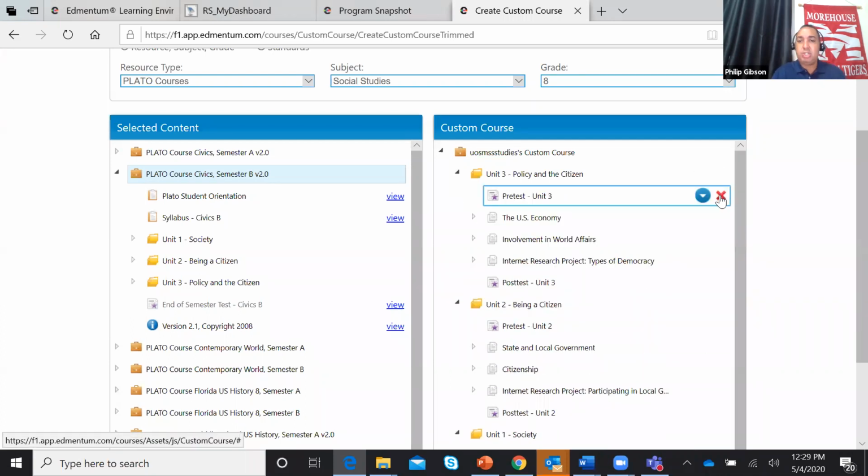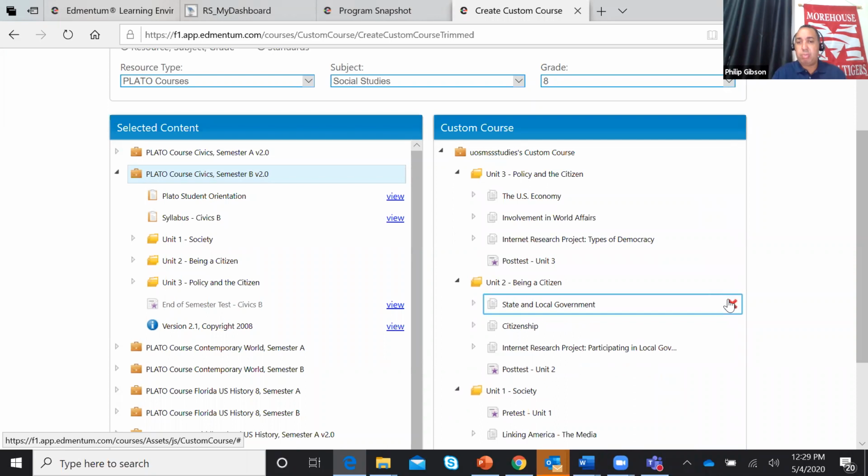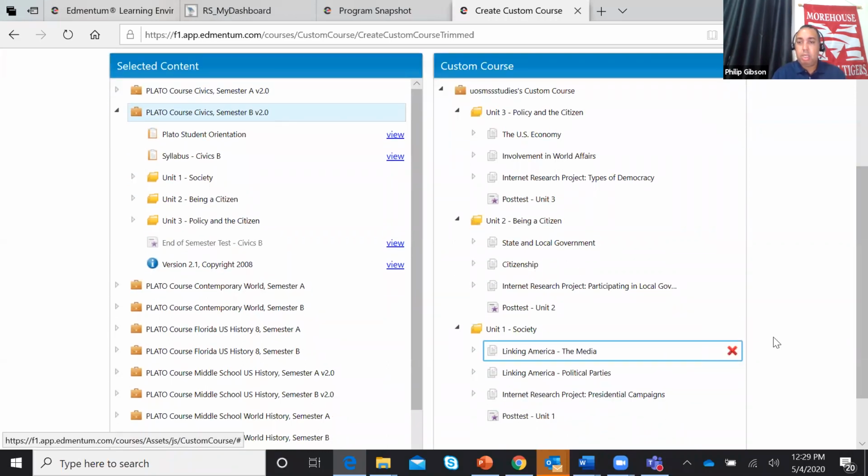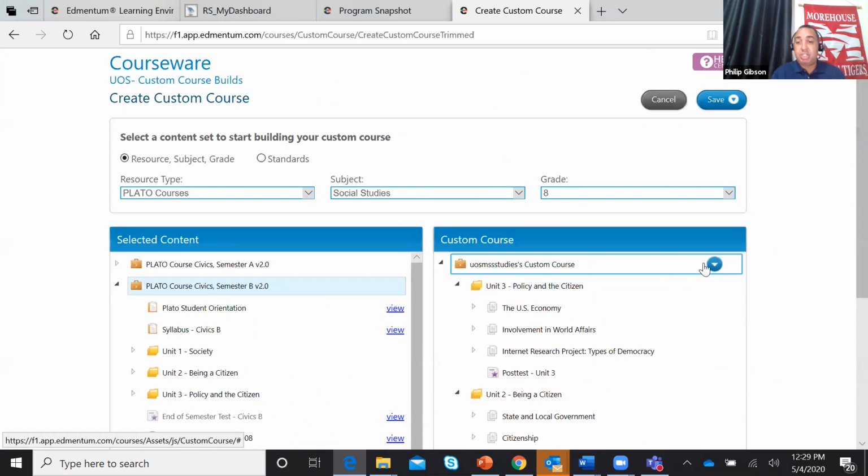board. You can say that you don't want to do any pretest. So you might just say, I just want to remove the pretest here. And maybe that's the only customization. So all you need to do is rename this course. UOS, and maybe you name it, civics no pretest. You don't have to be that specific. I'm just doing it for the sake of showing that you have freedom to name it whatever makes the